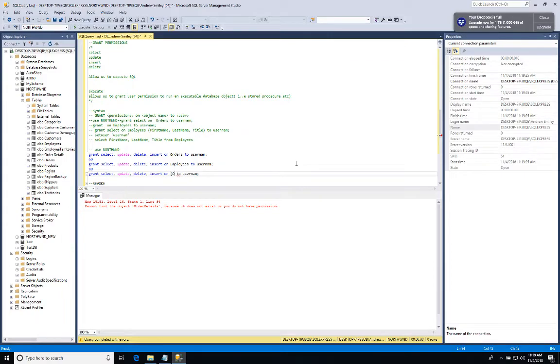On order details, because there's white space. Okay, so now if I do